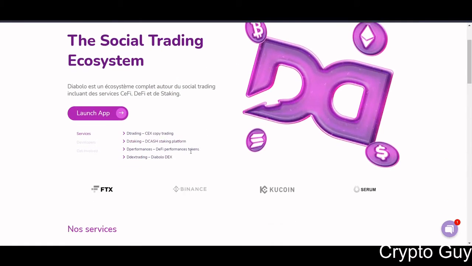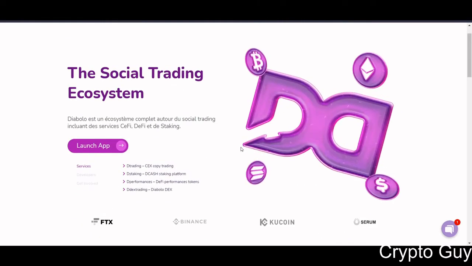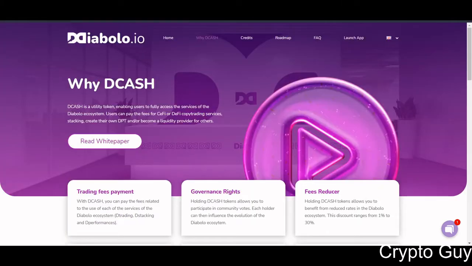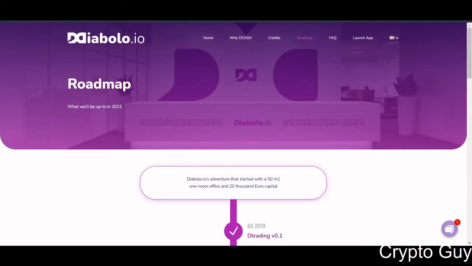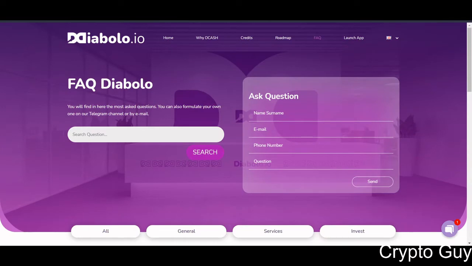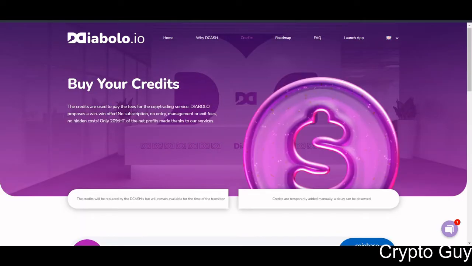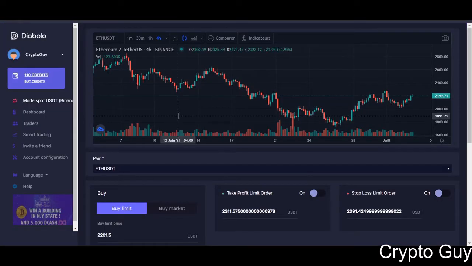You can do copy trading, you can use staking platforms, you also have a performance token, and you can also trade as well. I will go through everything and how it works. It will be a walkthrough tutorial: this is the platform, you can see how you can connect your Binance, how you can make your API, and how you can make